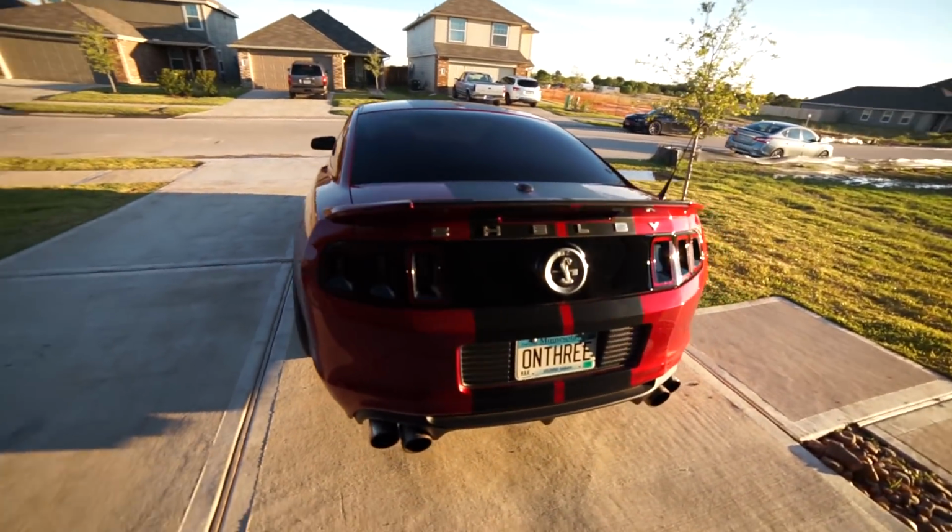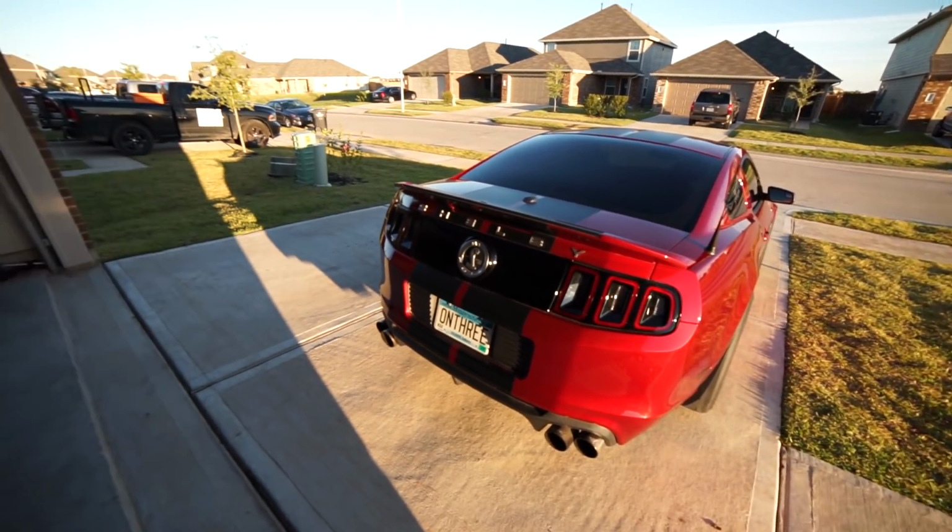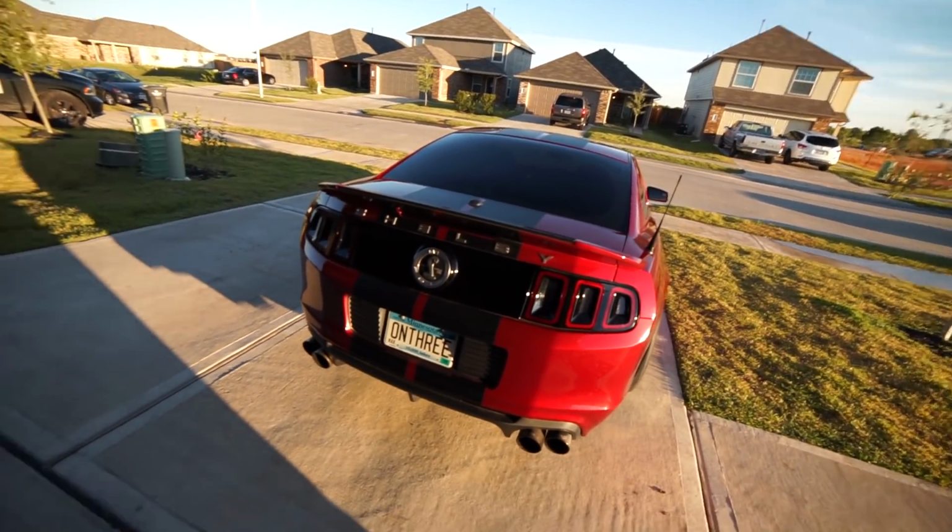But yeah, I gave it a little wash, but then I drove it down the street and started getting a little more dirty. But at least it looks better than before, so